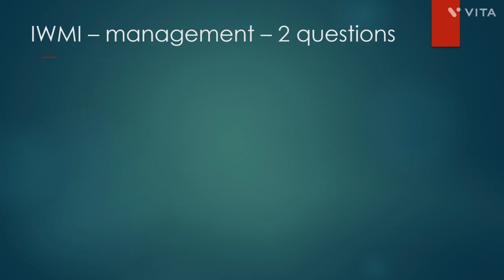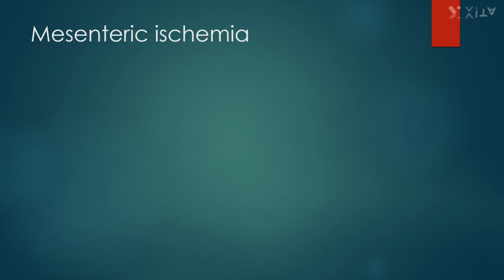Another question on inferior wall MI management. There were 2 questions actually. One clearly mentioned that the time of onset of chest pain is 30 minutes. So door to balloon time is supposedly 90 minutes, but they say you can do it as late as 12 hours, because if it is ST elevation MI, the main treatment is PCI only, because in ST elevation MI there is already an infarction. So in order to save the heart muscle, you have to do a revascularization therapy, which is the coronary intervention, percutaneous coronary intervention.